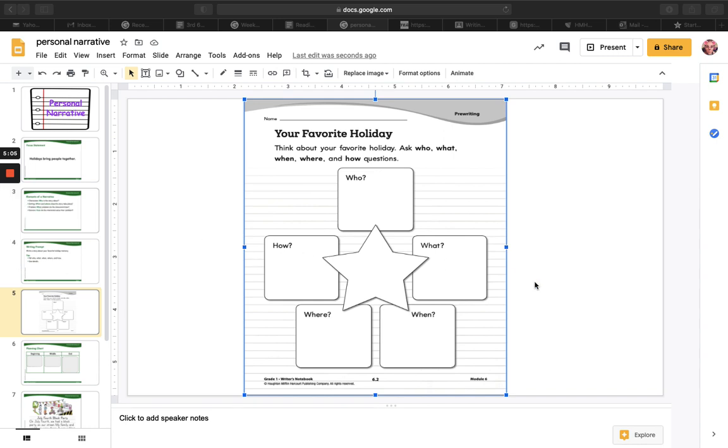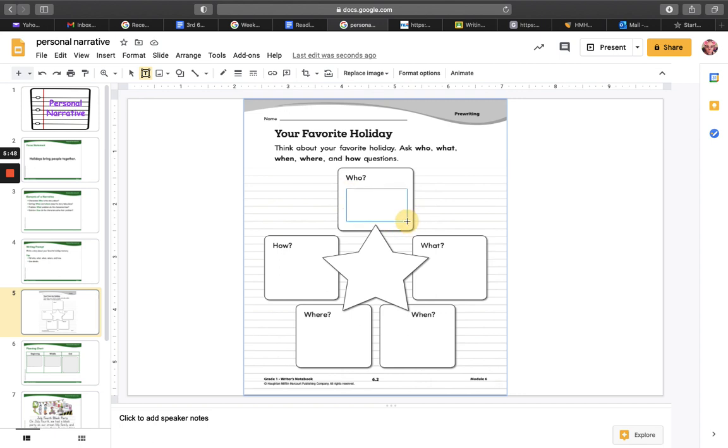Okay, so I'm going to work through this with you for an example of filling this out. Remember that your favorite holiday memory will be different from this one because it's yours. It's personal to you. That's part of why we call it a personal narrative. It's your story. But I want to give you an example of how to fill this chart out so you can start getting your ideas on your paper. So think about your favorite holiday, ask who, what, when, where, and how questions. So for example,